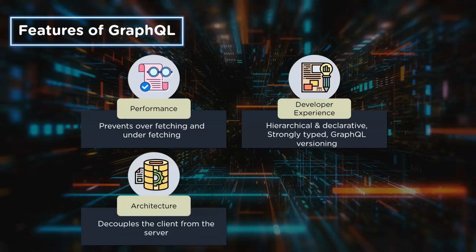Next up is architecture. Now, the GraphQL architecture primarily decouples the client from the server. UI developers don't need to wait for backend teams to build an API first. A GraphQL schema acts as a contract for front-end app developers to start building and leaves backend teams to deliver on the contract by building the underlying services that serve the graphs.